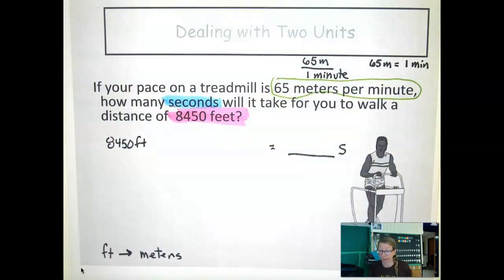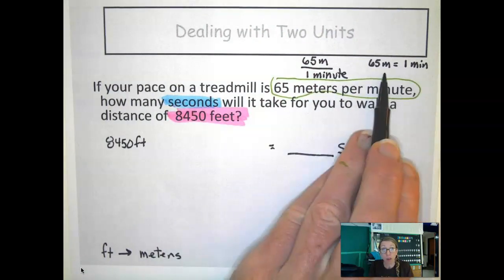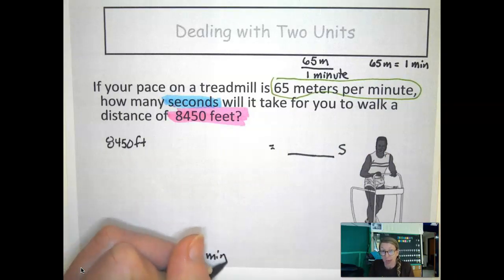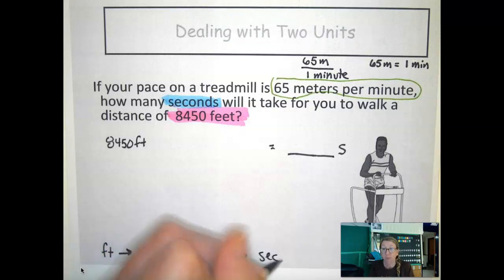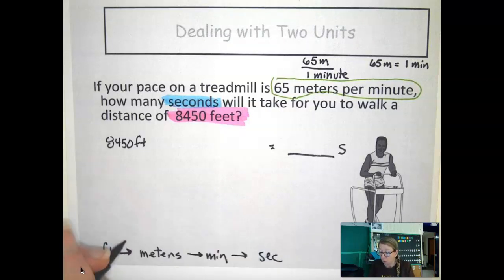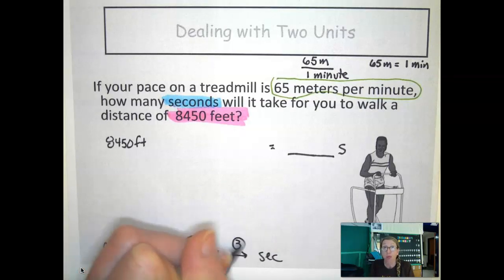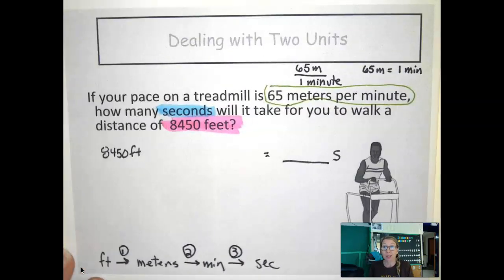That's an equality. So this tells me I can go from meters to minutes. And then I already know minutes to seconds. 1 conversion factor, 2 conversion factors, 3 conversion factors. We need 3 conversion factors. So